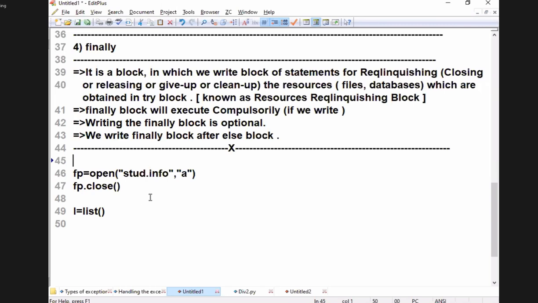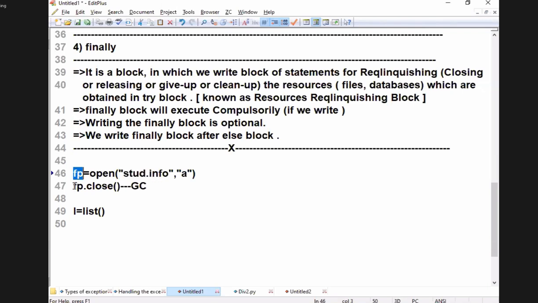Inside of it, what is calling? One garbage collector will come. That will deallocate the memory space for fp also. That will remove the memory space. I will show you this program in OOPS. The word cleanup is a very, very important terminology. I am not going to remove the records. I am going to remove the object pointing to the file. Once I remove that fp, automatically the file is in closed mode only. That is the meaning of cleanup.